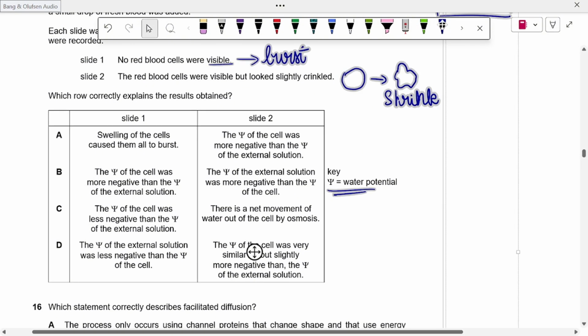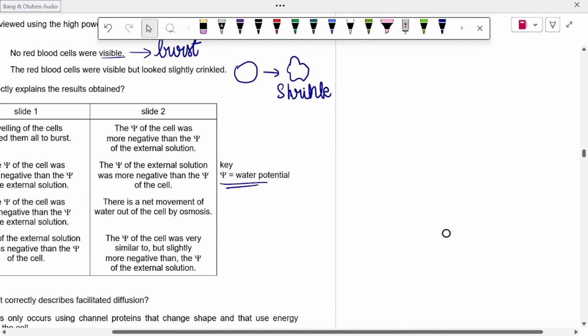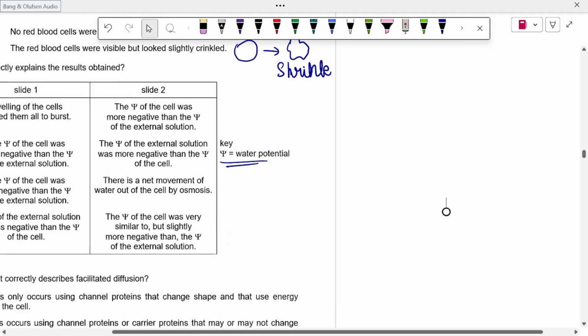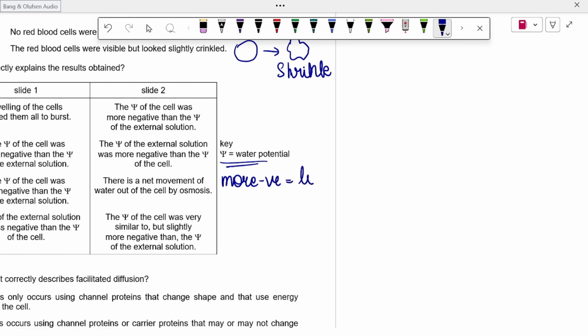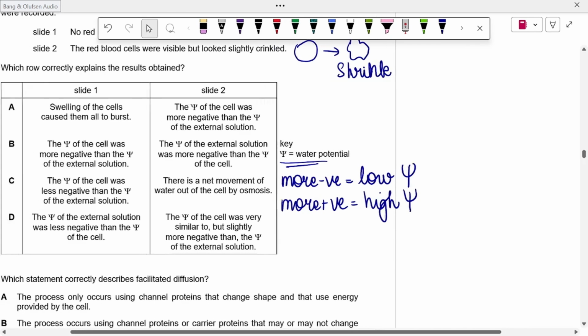अच्छा, if you look at your options, more negative, less negative. आप इसको पढ़ते पढ़ते भूल जाओगे. More negative क्या होता है, less negative क्या होता है. So for your easyability, की के साथ ही आप अपनी एक और की बना लो. More negative means low water potential. More positive means high water potential. तो एक छोटी सी की अपनी बना लेना before solving this question, वरना आप confuse हो